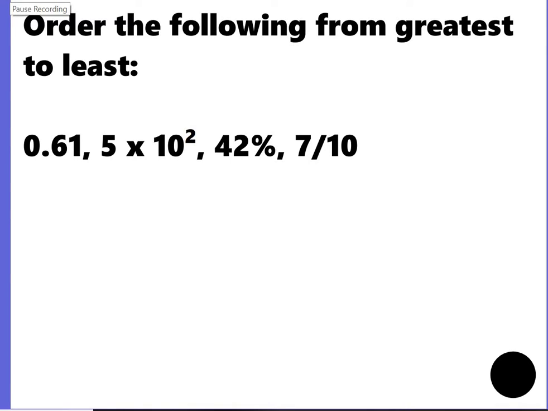All right, guys, this is one of those ordering problems. It says order the following from greatest to least. That means we are starting with the biggest and we're going to go down to the smallest. The first thing I want you to do, and I really hope you'll listen when I ask you to set it up this way, is to write the numbers